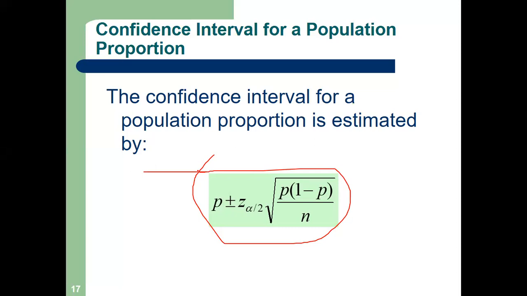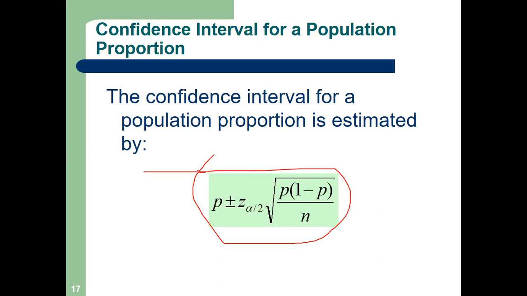But first of all, please write down the formula, the third formula of the chapter. I will explain the formula. P plus minus Z alpha by 2. Again, this is a two-tail test, you remember this thing. Alpha by 2 means two-tail, alpha means one-tail. What is two-tail, one-tail? I will discuss in the next session. Multiplied by root over p into 1 minus p divided by n. Is the formula clear? All of you, please write down. This is a formula for proportion.